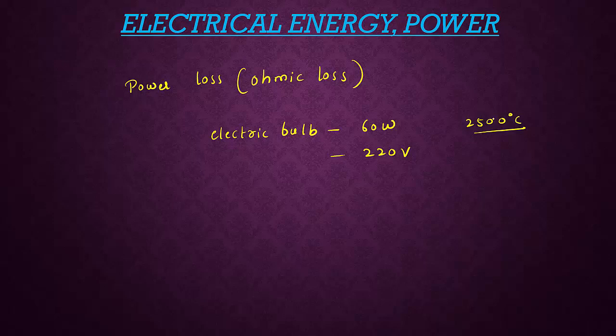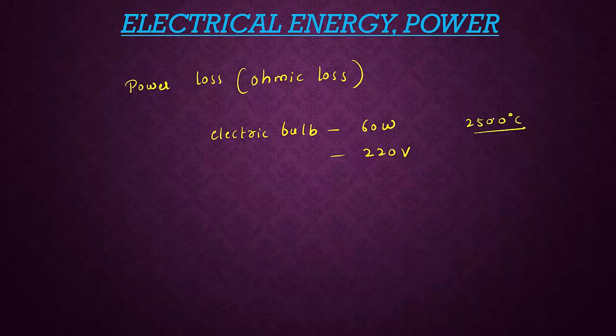Because whatever the electric energy is supplied, that produces electric current. Because of that electric current, the bulb glows. When the flow of electrons takes place, that kinetic energy will be shared with the positive ions. Because of vibration of the atoms inside the conductor, it heats up the filament of the bulb. So when we touch the bulb, it is nearly at a high temperature, 2500 degrees Celsius. That indicates a certain amount of electric energy is dissipated as heat energy.